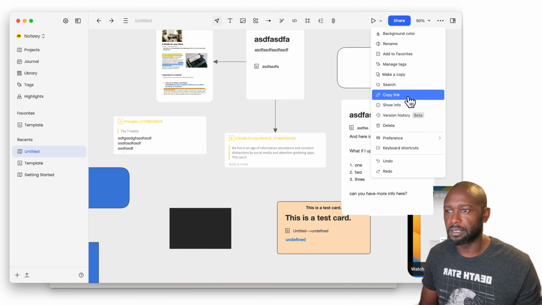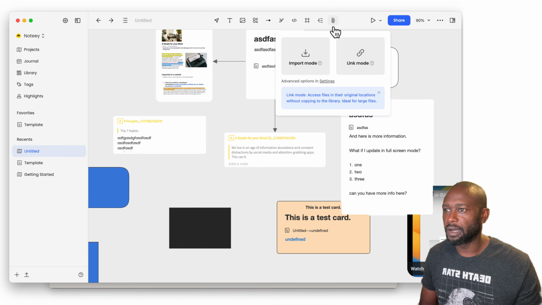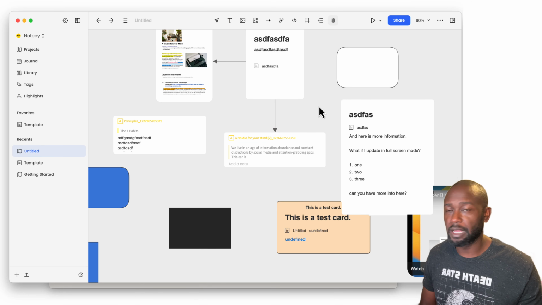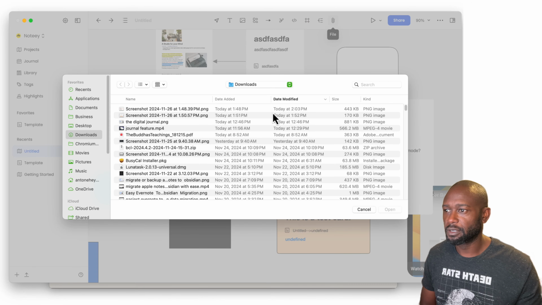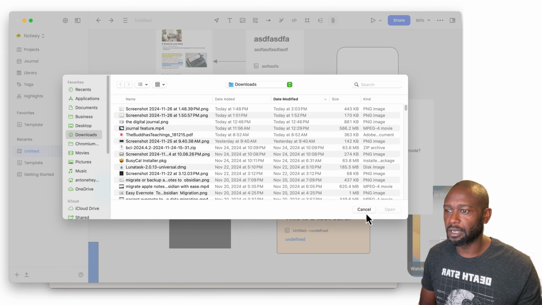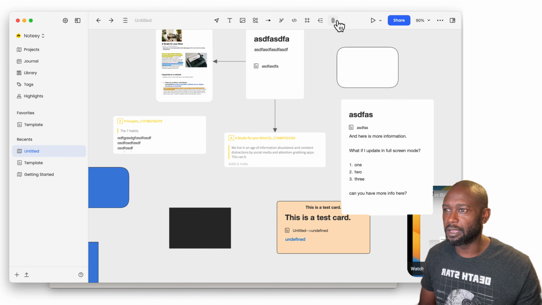So let me see, copy link, add file. So okay, right now this is something that I'm just actually starting to play with, so I haven't actually done anything with this link file feature. So you're seeing it in real time what I'm seeing. So I selected on here, and